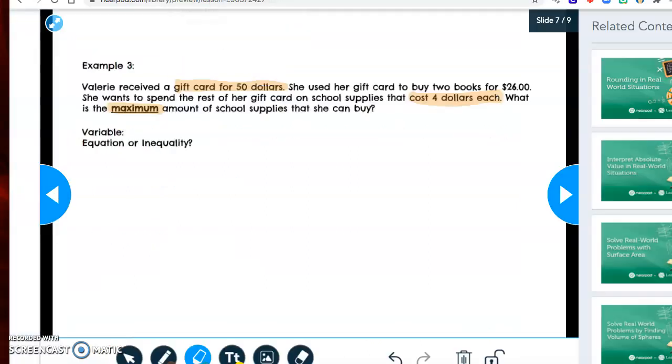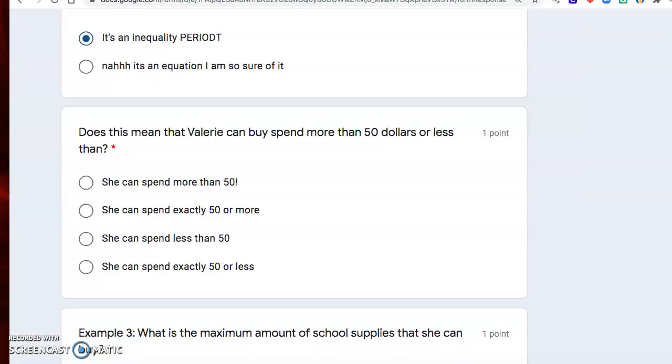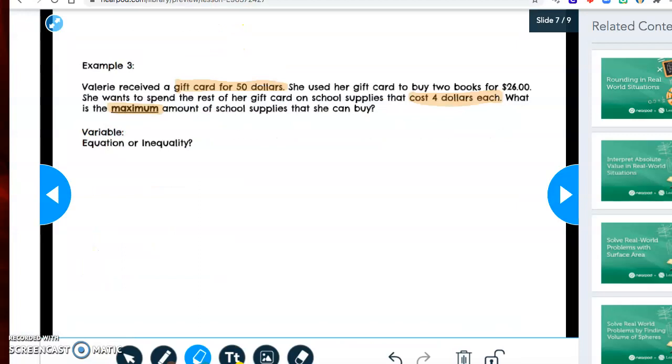She received a gift card of $50. We know that she can spend exactly $50 or less, right? If I have a gift card, I can't spend more. What happens if you spend more? You actually have to spend your own money, and if you don't have that, then you can't buy whatever you want to buy. So how this would look is,